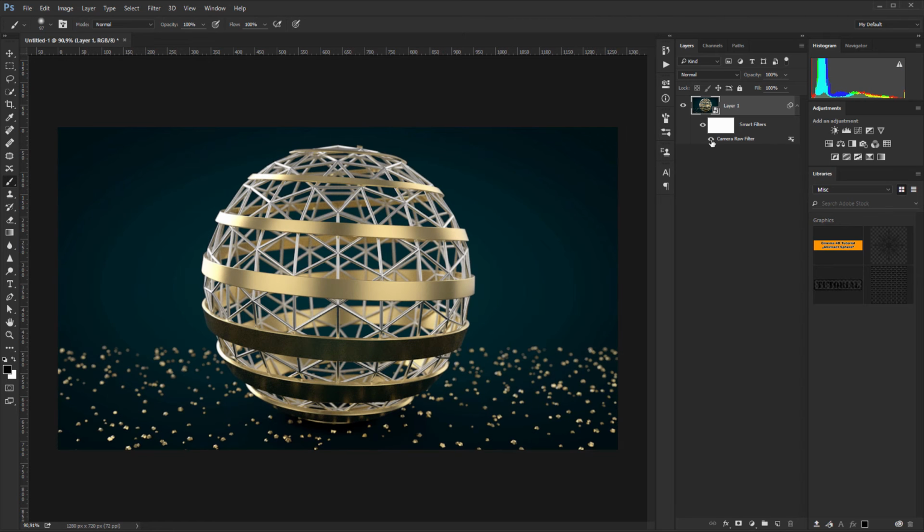Okay. That's it for today. I don't think you have to do so much with the camera raw filter, because it looks good as it is. But okay. So then I say